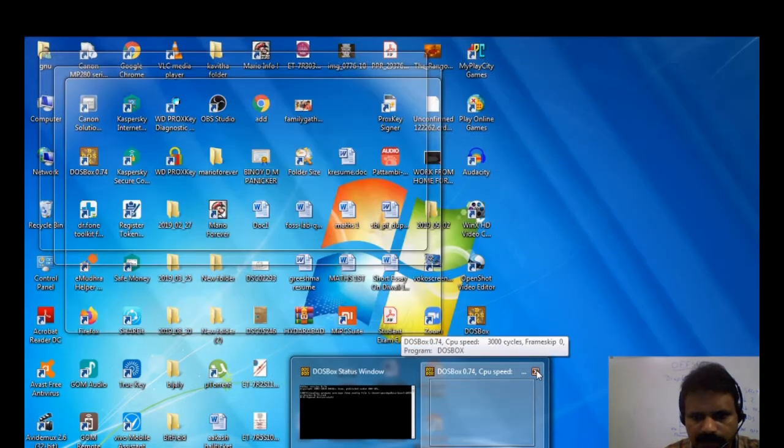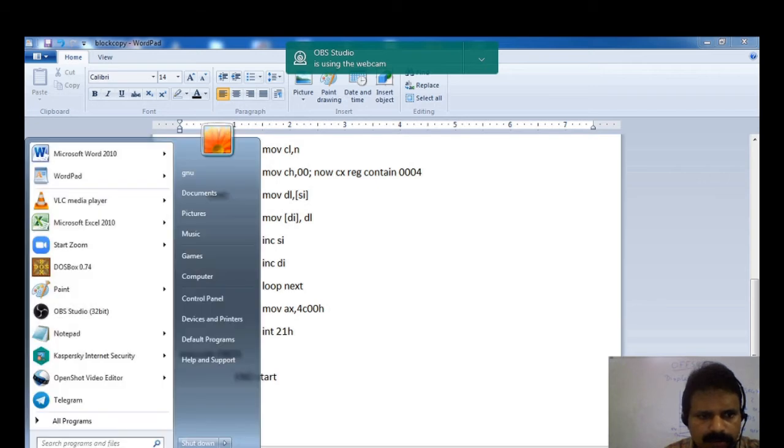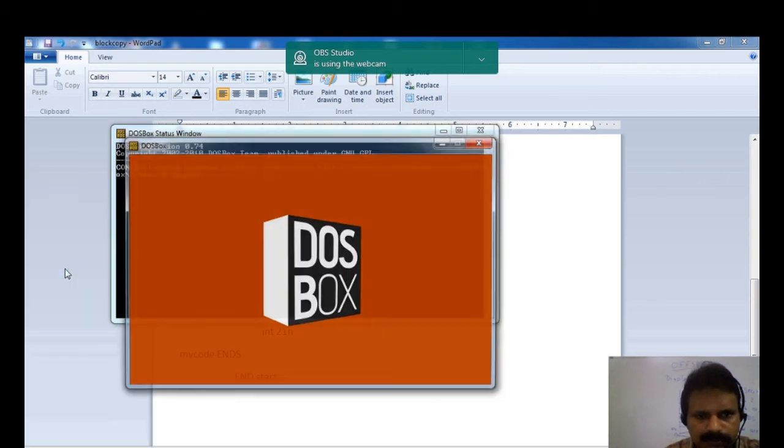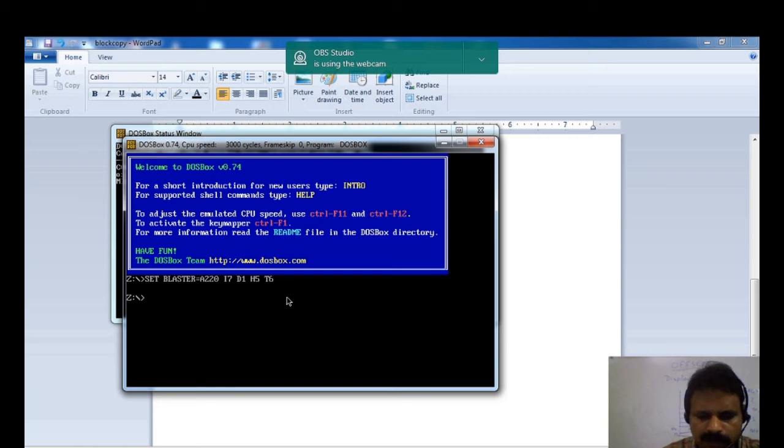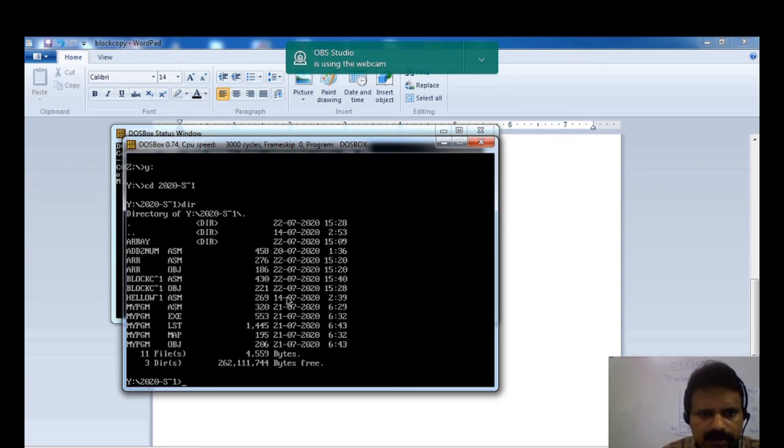Okay, I will start a new copy of DOSBox. Mounting my folder to Y colon. C colon slash tasm is my folder, and I'm moving to Y. Then, okay, let us check whether it is there or not. Block copy dot